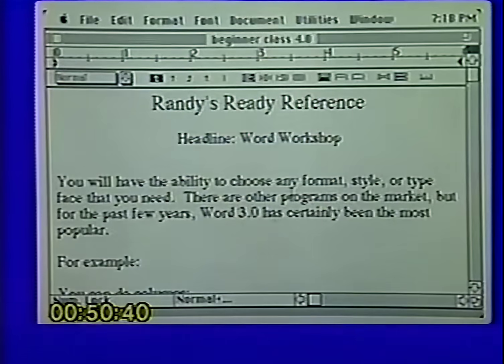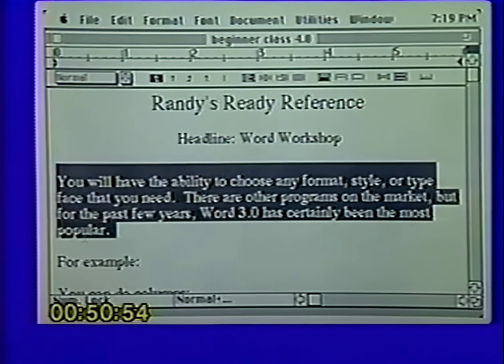So let's go back here to the computer for a moment. If you look up on your ruler, there is a little triangle up here under the 0, and a little triangle under the 6. Those are your 2 margins. Now, to change my margins, I simply select what I'd like to change and reach over here and click on the right-hand margin and drag it to where I want it.